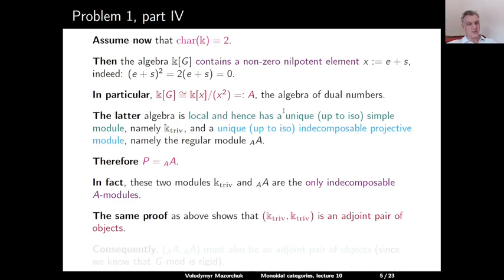Exactly the same proof as before shows that the trivial module is self-adjoint. So it's both left and right adjoint to itself as an object in our tensor category. Since the regular module is the only remaining indecomposable, it also must be self-adjoint, which is exactly what we wanted to prove. So the indecomposable projective cover of our trivial module is a self-adjoint object in our